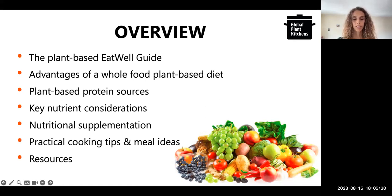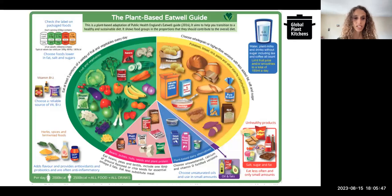And then we'll look quickly at nutrient supplementation and if and when it's appropriate. And then we'll have a bit of time to talk about some practical cooking tips and meal ideas and how to make sure those meals are balanced and following that Eat Well guide model. And then I'll just direct you to a few resources. Okay, next slide. So this is a picture of the Plant-Based Eat Well guide that was developed by the Plant-Based